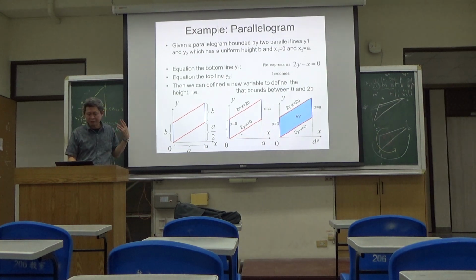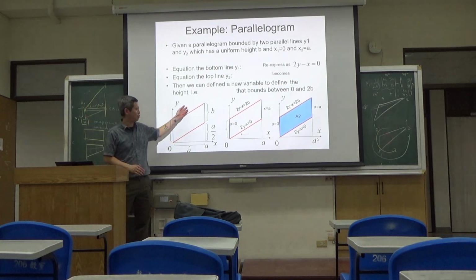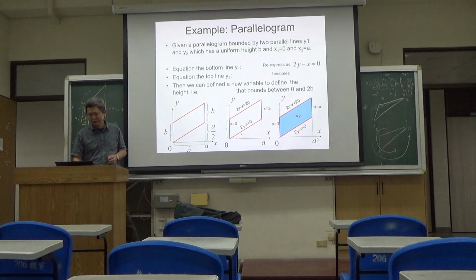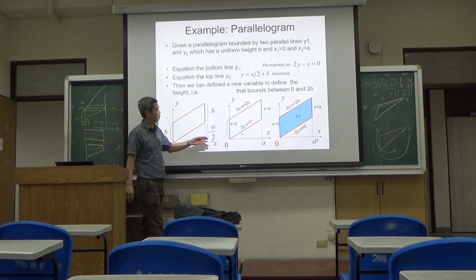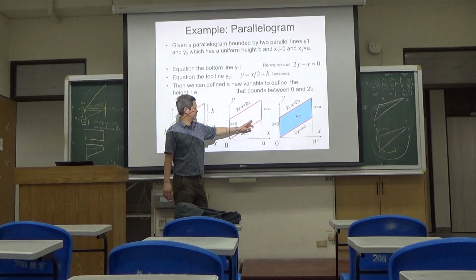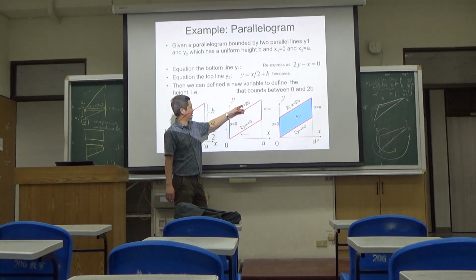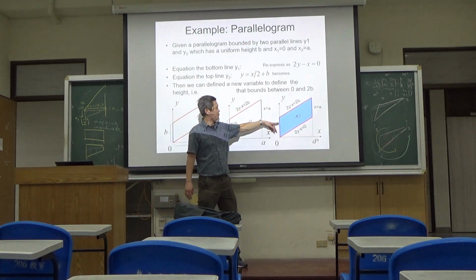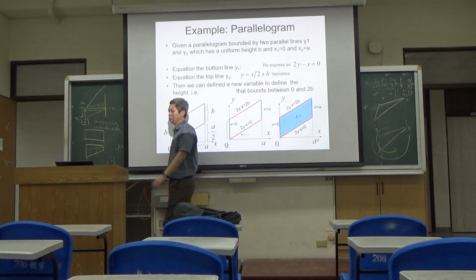If it happens that I'm integrating 1 over this bound, okay? Don't worry about the equation. You only have one bound is 2y minus x equals 0. Another bound is higher by 2v. So how much is the 1 times